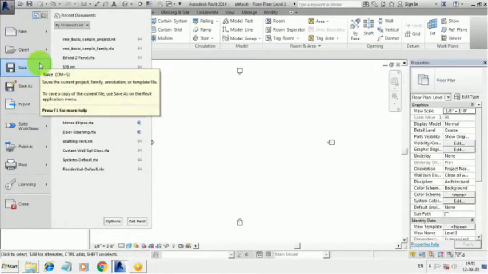We know the Save option is used for saving the project file at regular intervals.